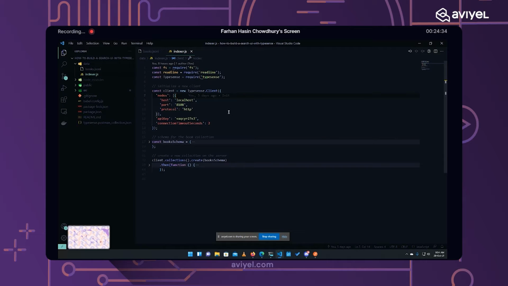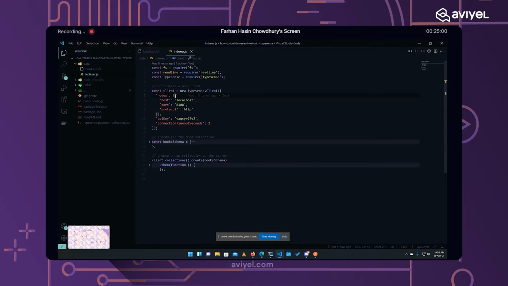In those cases, you may need to spin up multiple instances of a TypeSense server so you can balance the load between them properly. It can be a little hard to understand if you have never worked with high availability and things like that, but no worries, you can just work with a single node here.